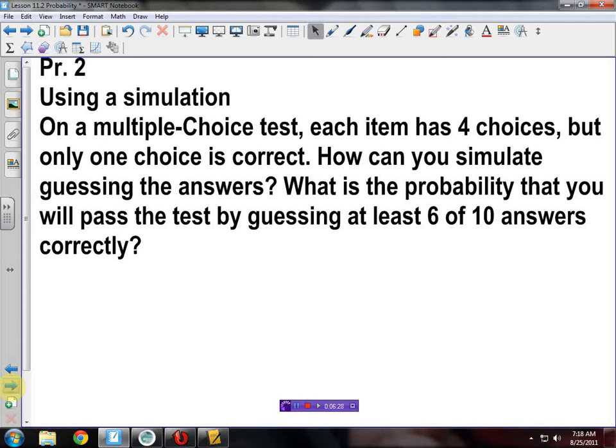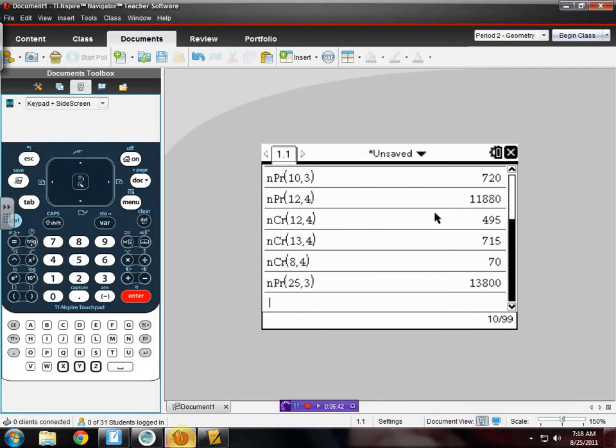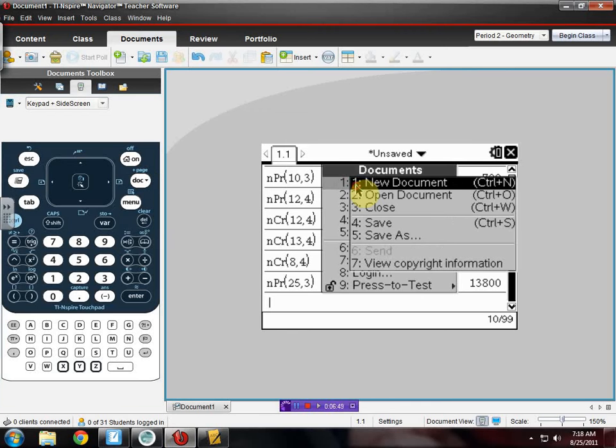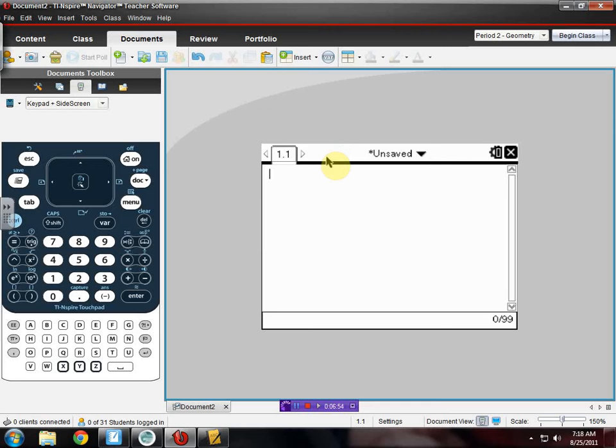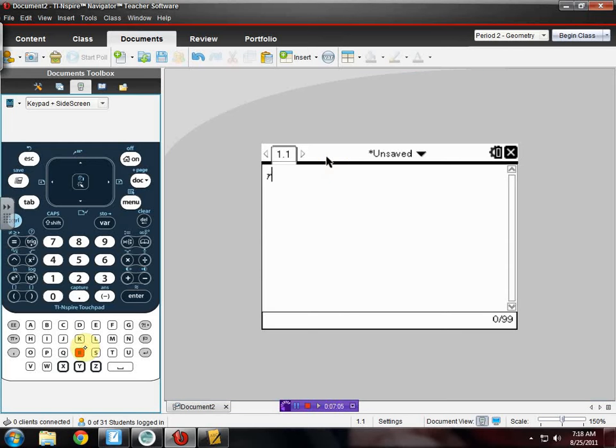I want to know what's the probability that you'll pass the test by guessing at least 6 out of 10 answers correctly, right? So 6 out of 10 answers correctly. So we want a 60% on our test, but we're just going to Christmas tree it, right? So what I want you to do is go to your calculators, right? And I'm going to go ahead and get there. So I cleared it off my space here. And what I'm going to do is use some simulation stuff. Now, this is what a calculator is really good for. And what we're going to do is we're going to type in,